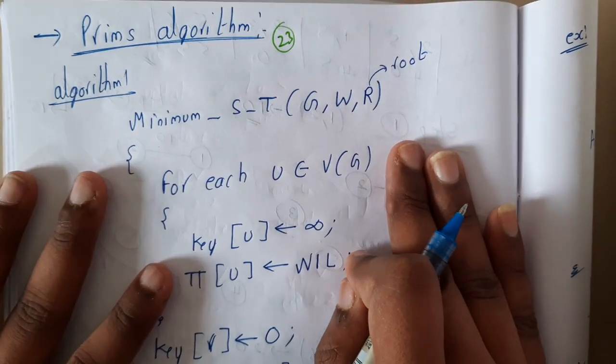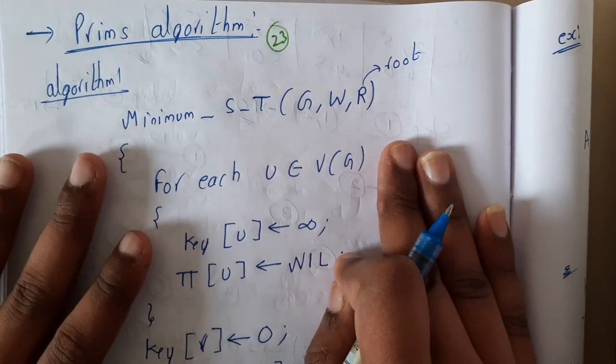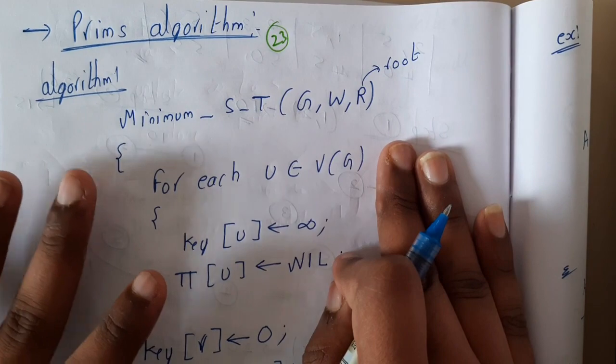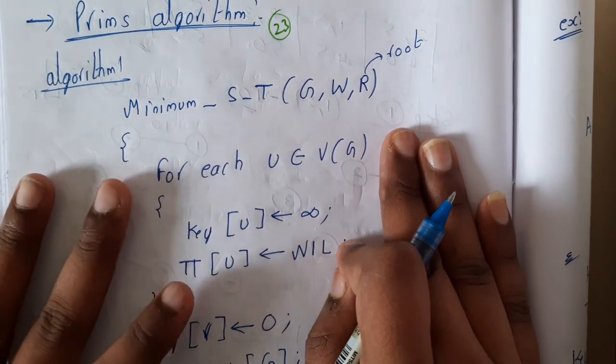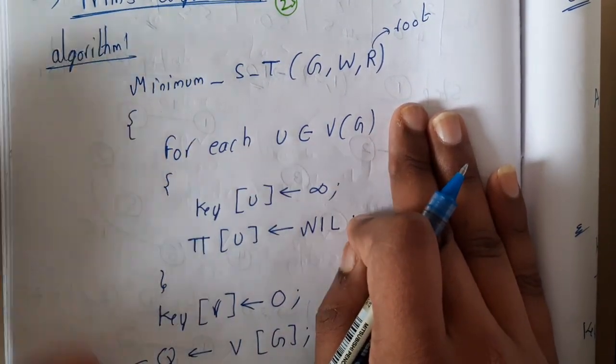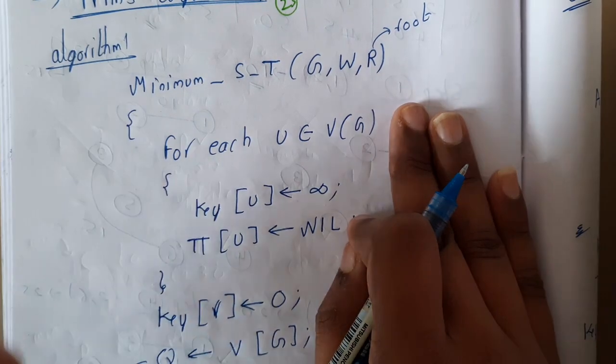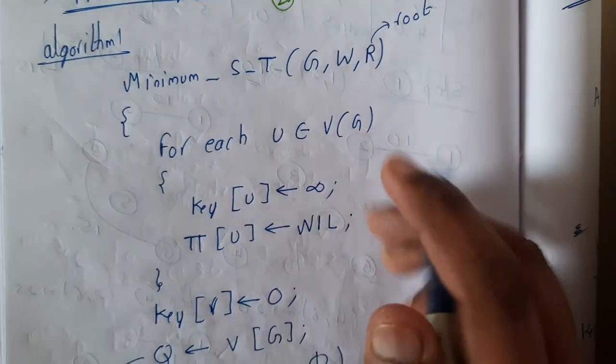I also know the outline of the algorithm, but I cannot write it on my own. That's the only thing. So even if you learn just the outline of the algorithm, that will be enough, because you can write the conditions in terms of statements also. It doesn't matter, because knowing the logic is more important than writing the code.